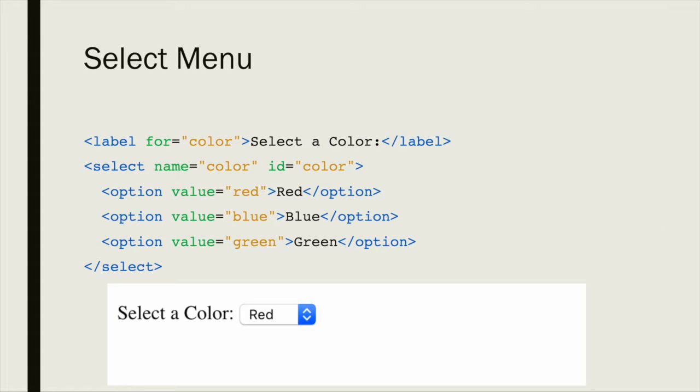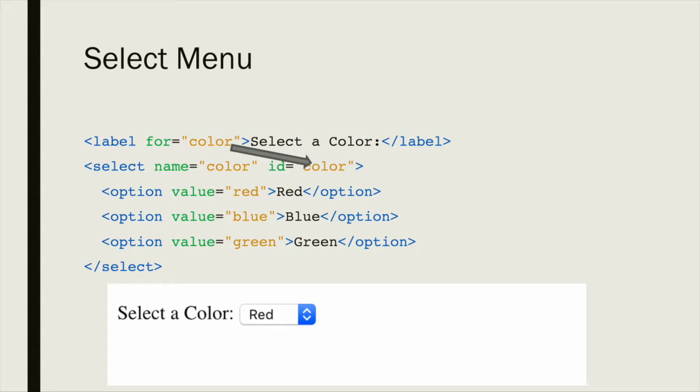To give you a good example of a select menu, this is a very simple selection using the same colors from before and allows you to have a label, select a color, and the select menu, basically allowing you to group different options with values for one person to select. In this case, they're selecting a color of red, blue, and green. So in the image below, you see that it has the drop-down box. Nothing is selected except the first option, red. Once you click on it,